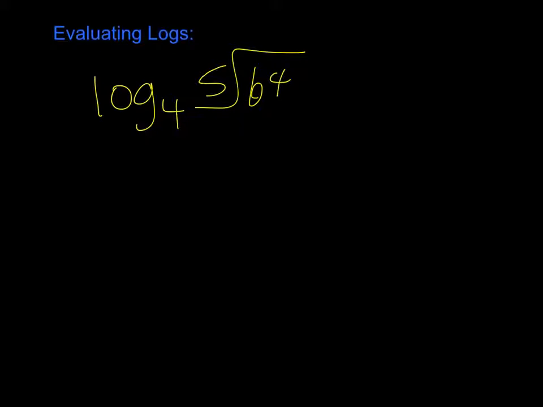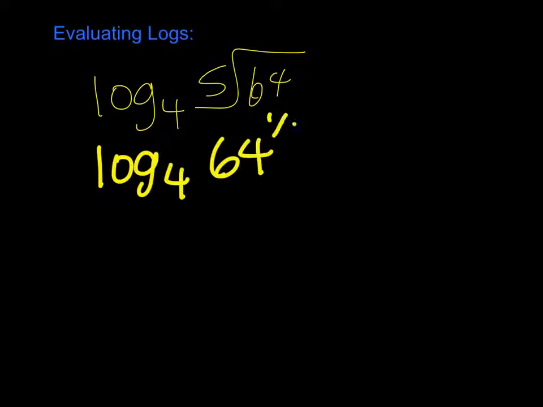First, we're going to evaluate logs. So problem number 1 is log base 4 of the 5th root of 64. Hold on, I'm going to make the pen fatter. So first thing I need to do is change my radical to exponential. So this will be log base 4 of 64 to the 1/5 power. And then 64, you can break down